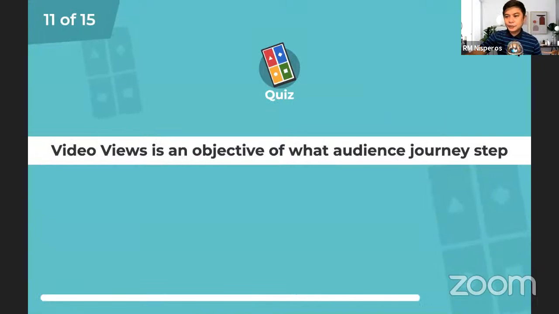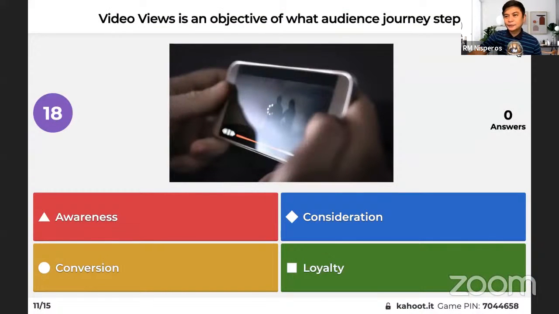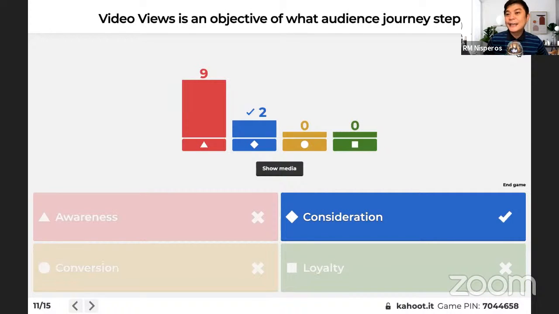Video views is an objective of what audience journey step or customer journey step? Video views. The number of people who viewed your video, it's consideration usually.